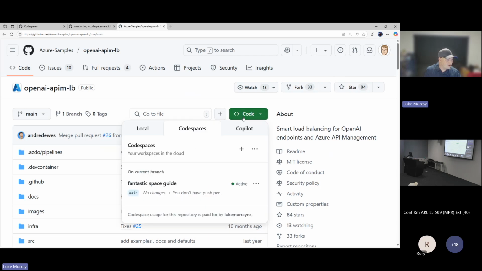If I go to code, I can see my code space, fantastic space guide, has been created because I created that earlier, because it does take a couple of minutes to start, and I'll show you why that is. So if we click on fantastic space guide, which is our code space,